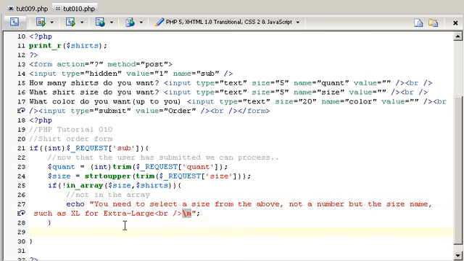So the next thing I'm going to do is say the color, and I say the color equals, and I'm going to pretty much